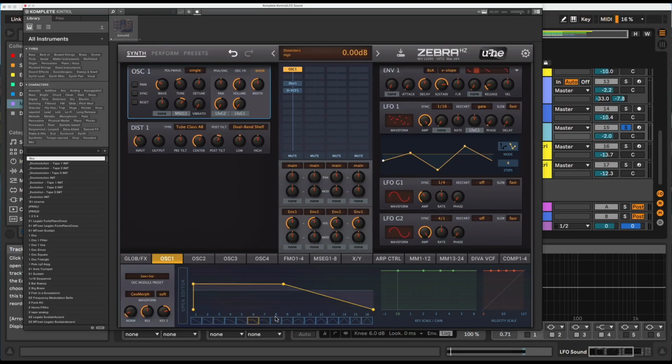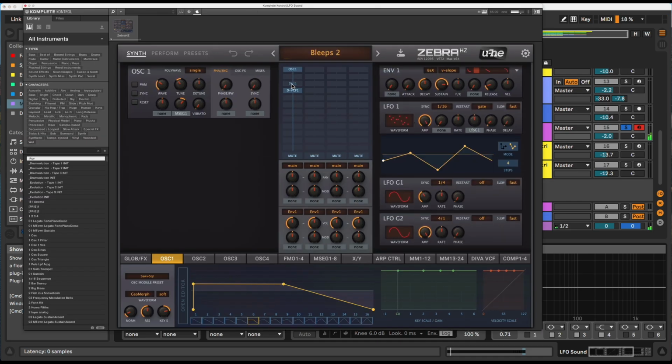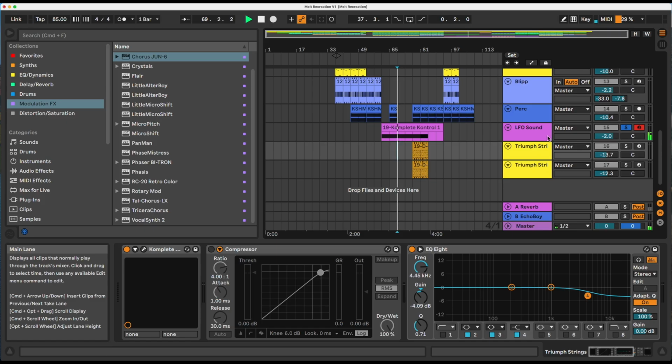I was fairly proud of myself, if I'm honest, to get that close to that sound. So it's kind of a square wave, basically. I think I put a little bit of distortion on it as well. So without, it's like that. And with, just adds a little bit of crunch. And I think that's fairly close.